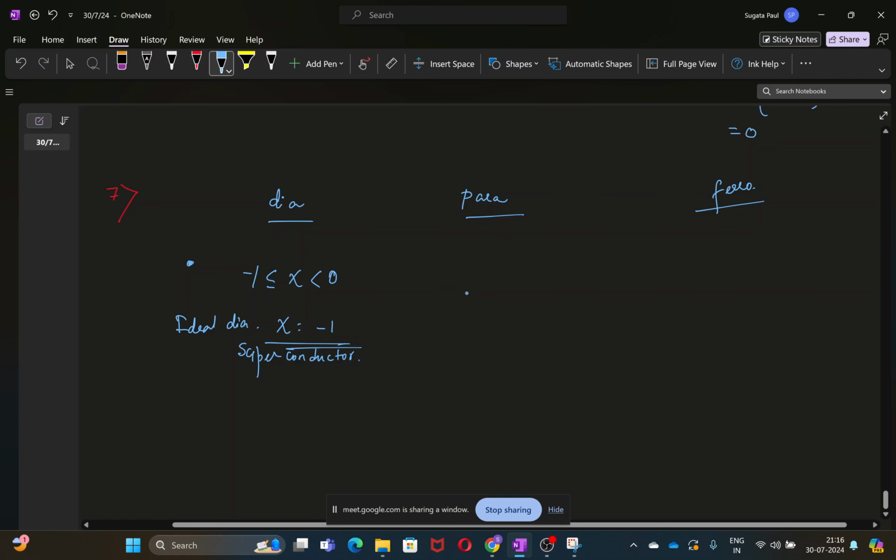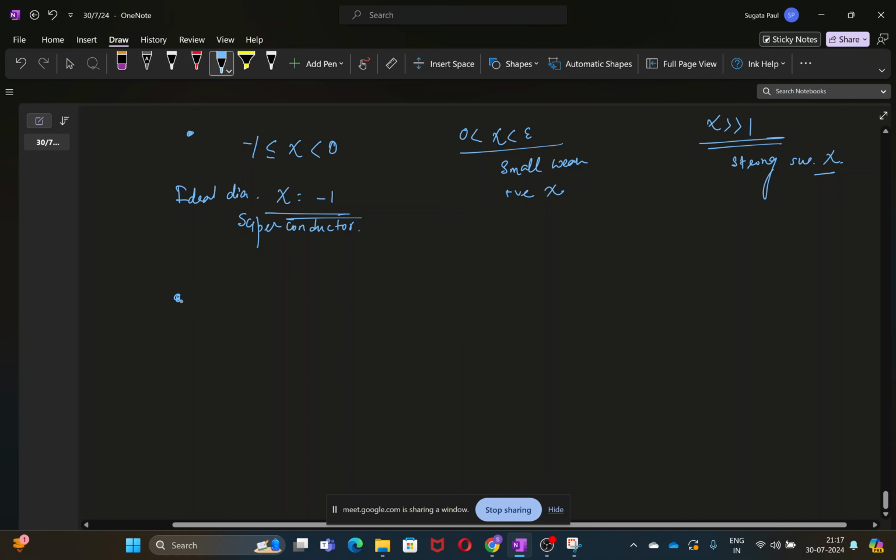And for paramagnetic materials, the chi value is positive, that means it is greater than 0. But again, it is less than some epsilon, where epsilon is a small value. So that means it is a very small, weak, but positive susceptibility. And for ferromagnetism, the chi value is much greater than 1. Strong susceptibility chi. Okay. Based on this, you can also find out what is the approximate range for relative permeability for